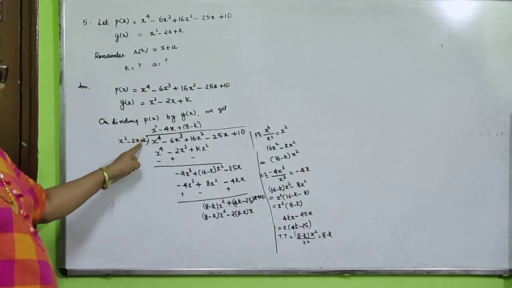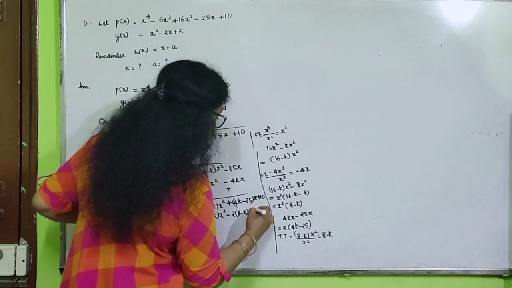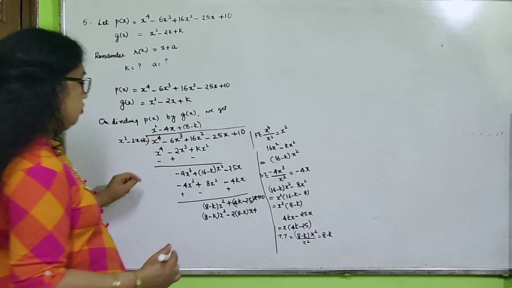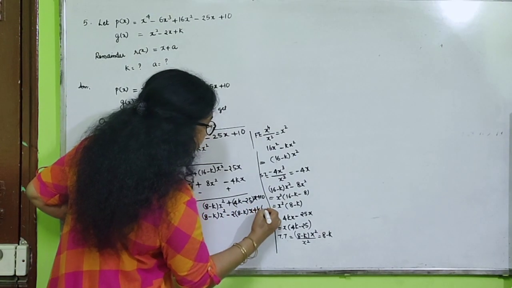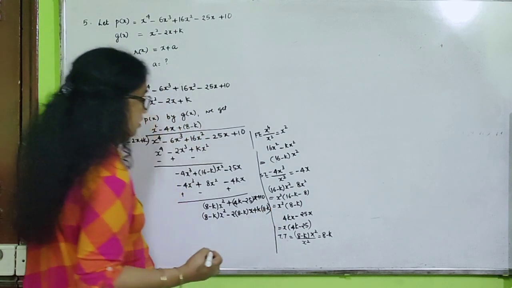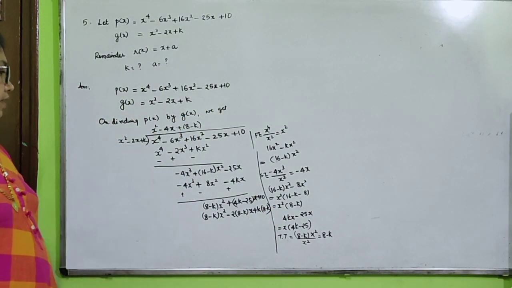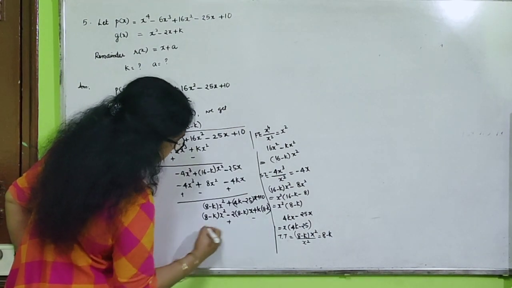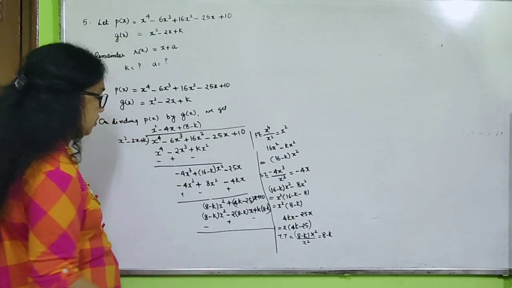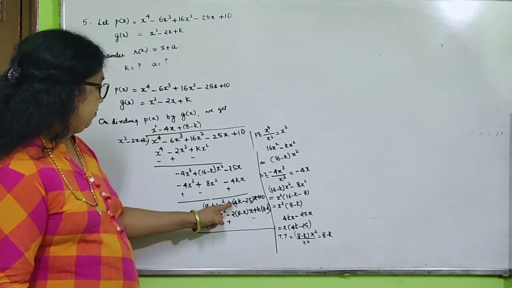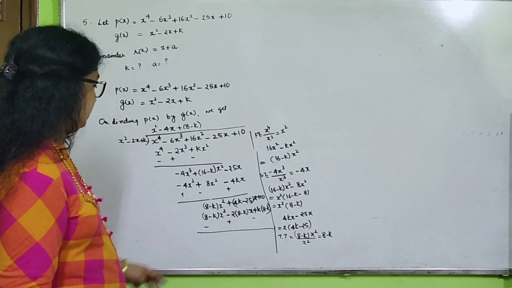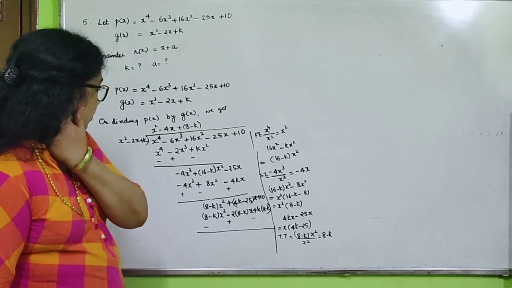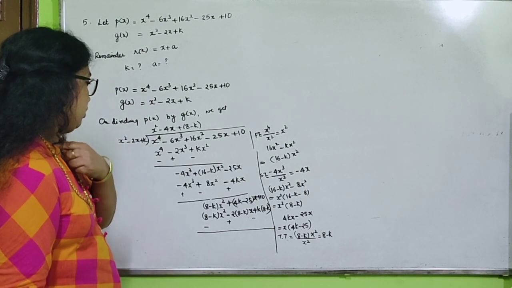Now next one, plus this one. 8 minus k into k. Multiplication. So k into 8 minus k. K into 8 minus k. Now minus plus minus, this one became 0. Here look, x terms: this term plus, this term also plus. So we have to simplify. I'm simplifying separately and showing it.